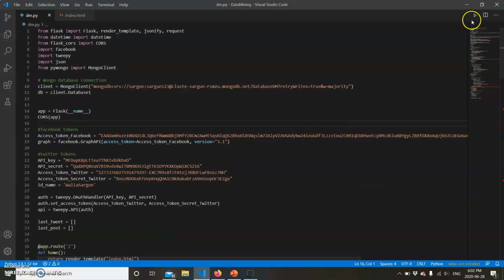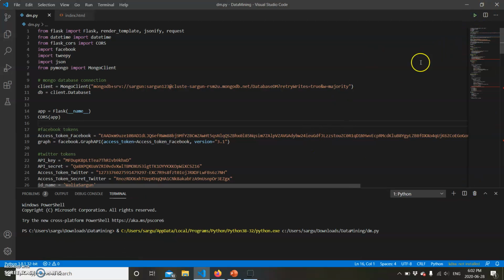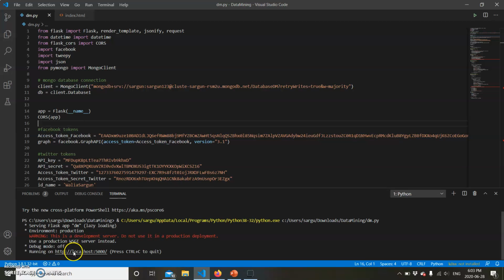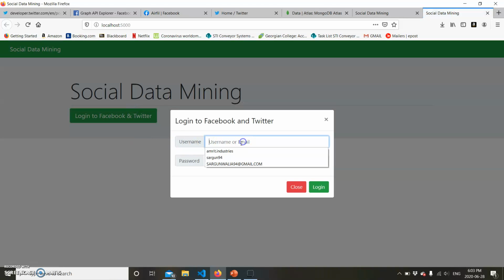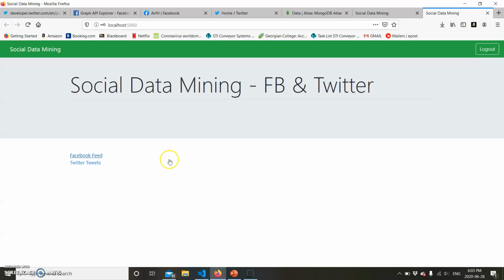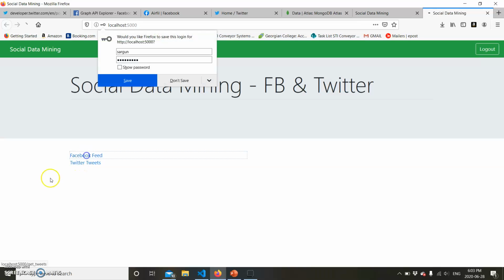Now that we have done both, let's go back to our code and run it once again. It will load again, taking a second or two. Now as we can see, we'll have to put the credentials once again. Now let's see the Facebook feed first.